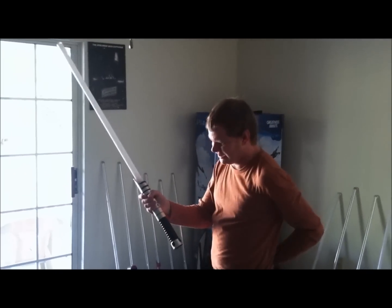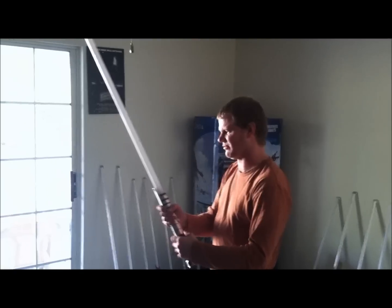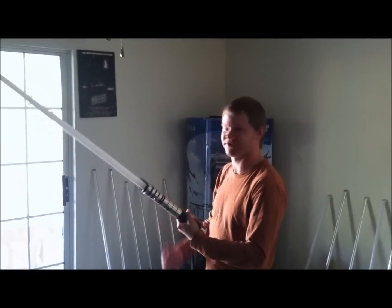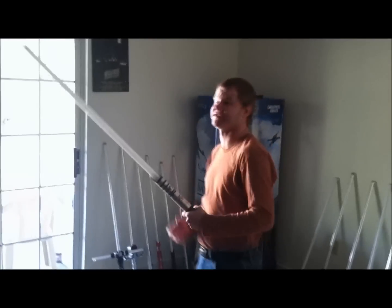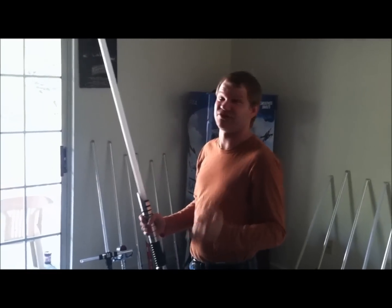It's not too big, it's not too small, it's a good middle ground, but it's still light for me. It's easy for me to use, easy for me to spin. And the silver and black on it is just done really well. I love this saber. It's in Arctic Blue, because Arctic Blue really does look good in